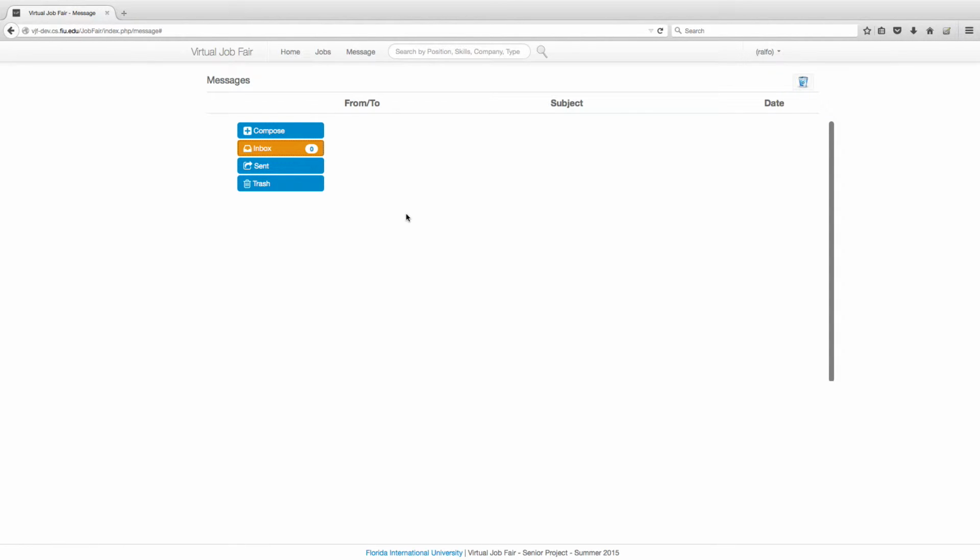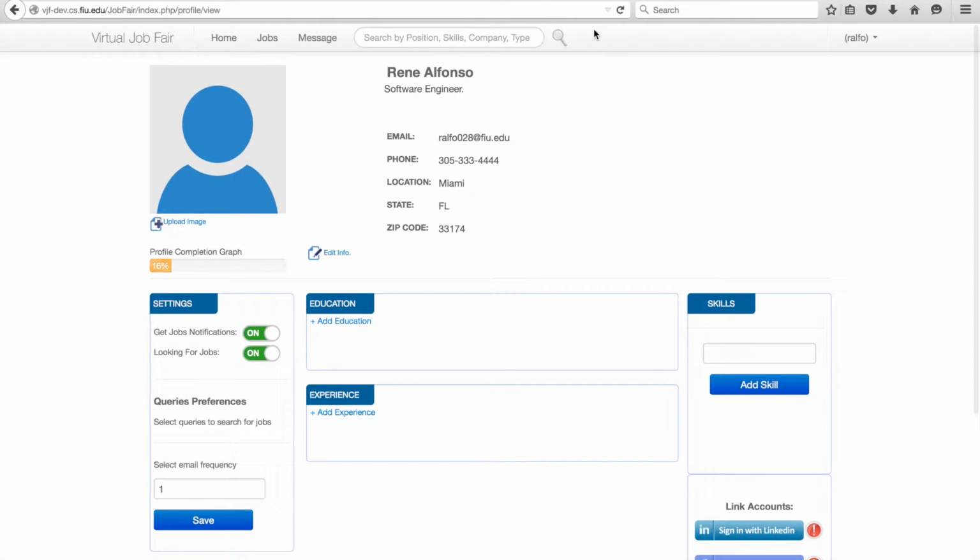So now what we want to do is edit our profile. So let's go here and edit our profile. I'm going to be showing you all the features of the profile, and at the same time I'm going to take advantage of the profile completion graph feature, which helps us complete the profile. The profile completion graph is a graphical representation of how complete a profile is. This will encourage students to add more information to their account, which will in turn increase their chances of being